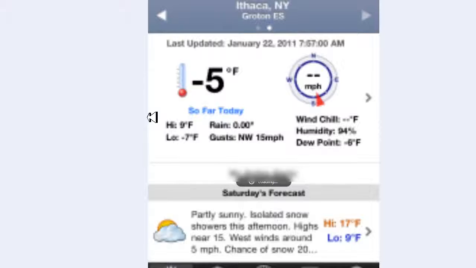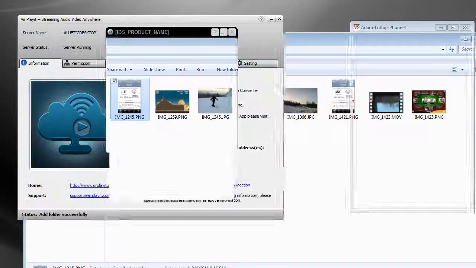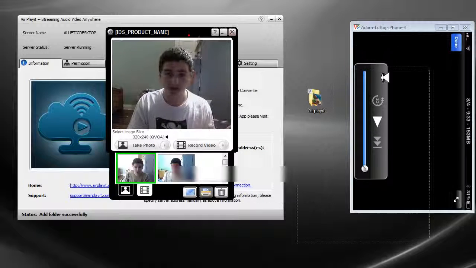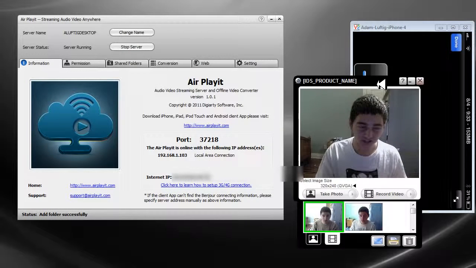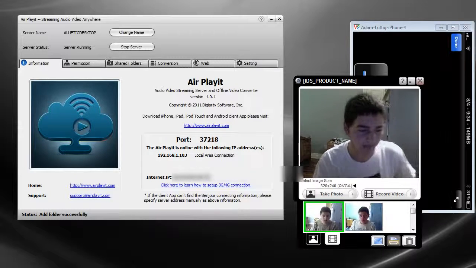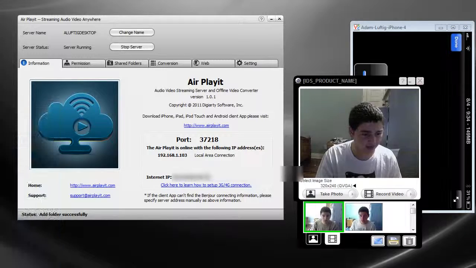I don't know why you guys would want to see these pictures, because the app is not really made for pictures. So maybe I can find a song to play with you guys, so I could put it in the folder so I could show you that it works. I'm sure you could take my word for it that it works, but